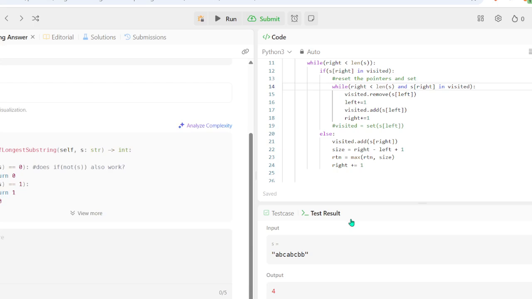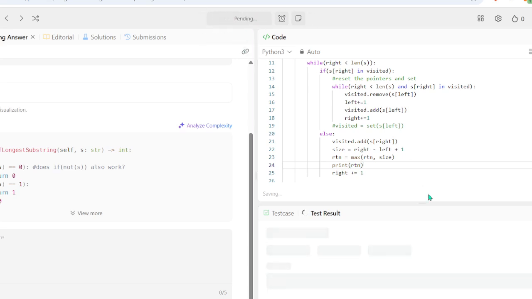So R, right? So A isn't visited. Then we increment L. Yeah, I kind of forgot I can use print statements to debug.